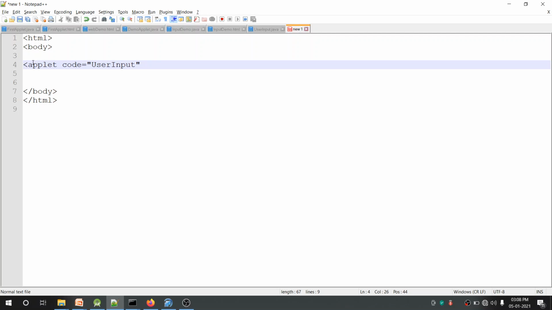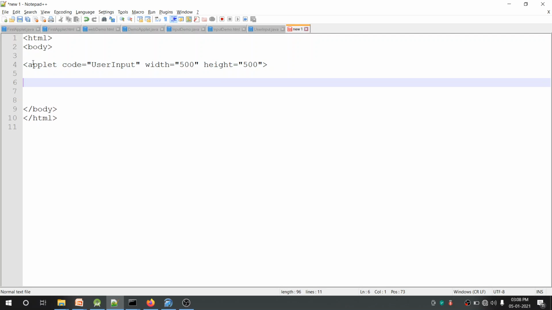Then the other two attributes are the width of our applet, say 500, and also the height. So this is the width and height of our main container. Okay, so that is defined and we need to close applet. So that's it. This is the code to embed an applet inside HTML.